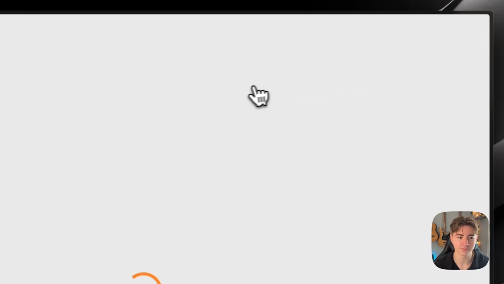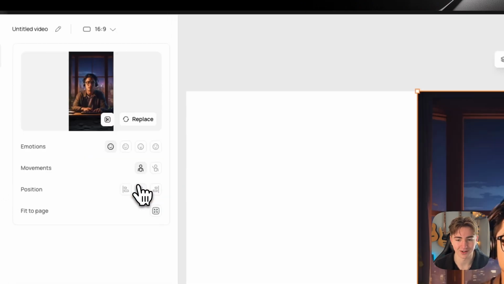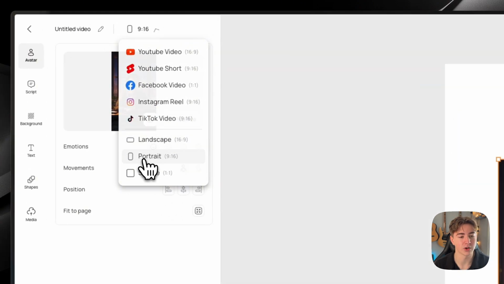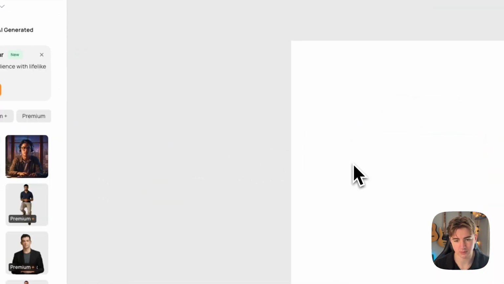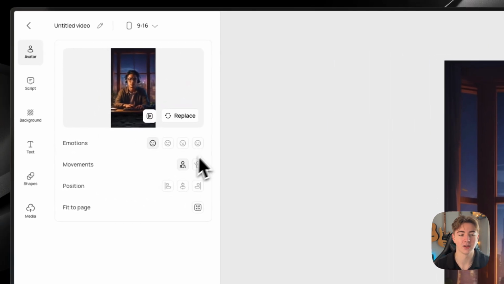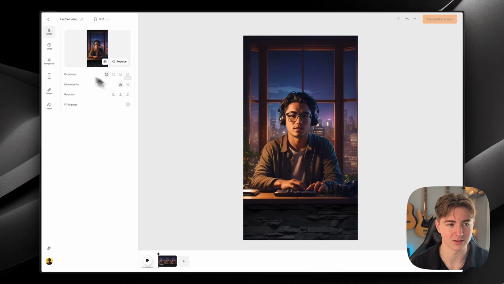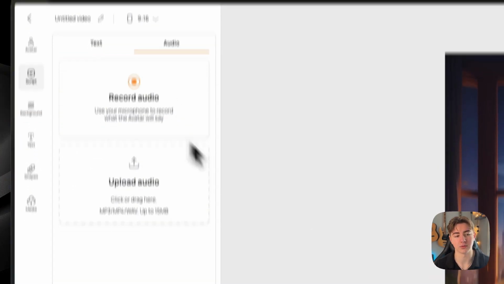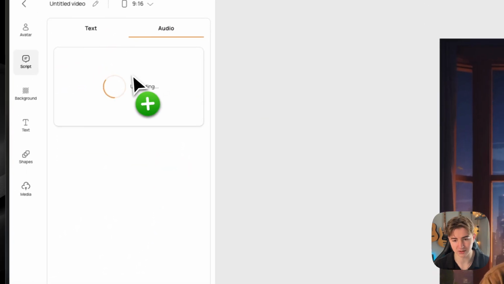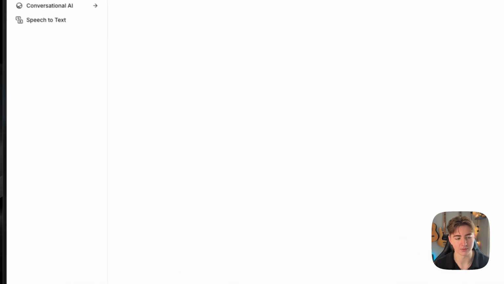You hit create video, you pick the avatar you like or the one that your account is made of, and we want to make sure it says portrait mode. So like this. All right, you can select these different gestures and stuff, but I just keep this like as it is, and then go to audio, and here we just drop in that audio file that I downloaded here from 11 Labs. All right,